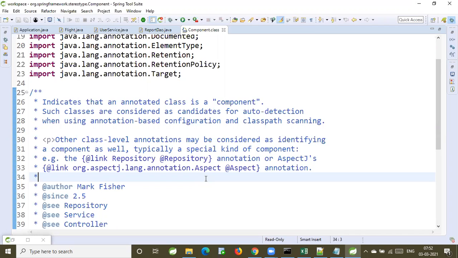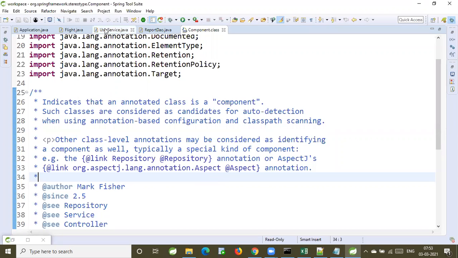This annotation simply represents our class as a Spring Bean. It makes sure that our class is participating in the component scanning.